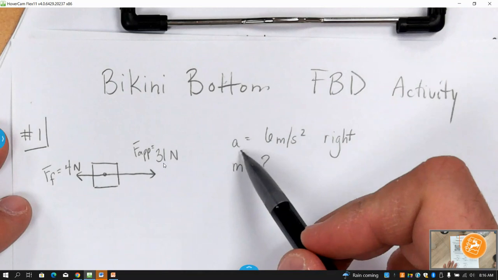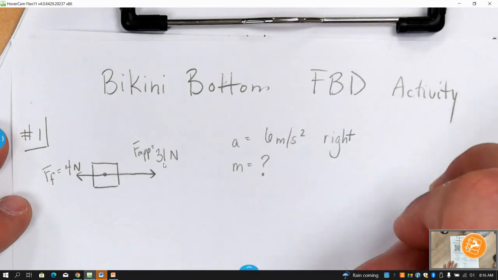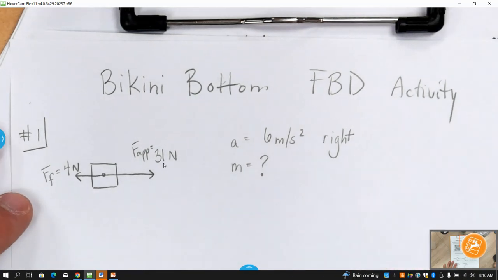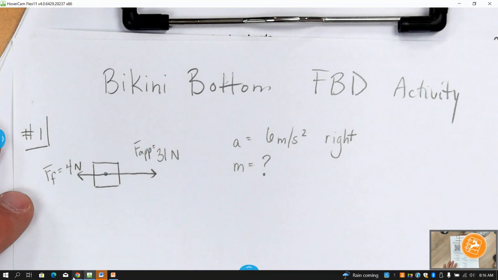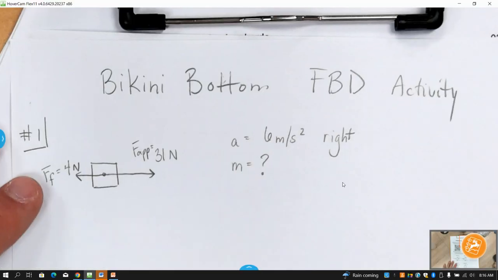And they said that he's accelerating at 6 meters per second squared. Okay. Accelerates at 6 meters per second squared. What would the mass be? Okay. So mass here,